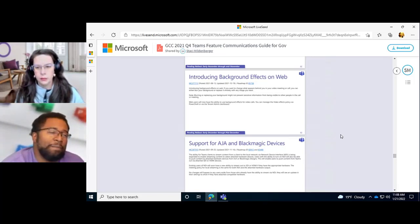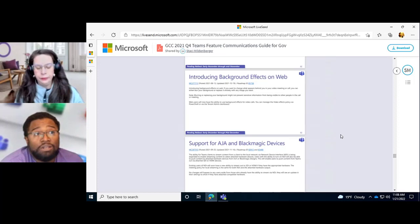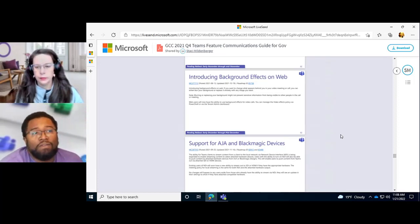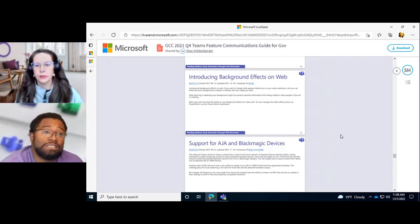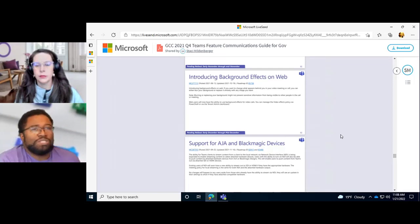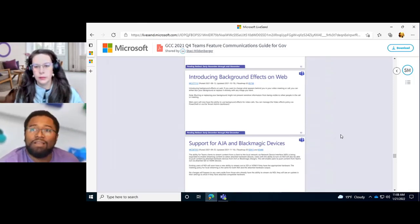So I see that a lot, and in the back of my mind I always wonder if people are joining through the browser because it's convenient, or it just opens there first, versus the desktop. Those of us that are in Teams all day long, the desktop makes sense, but maybe the browser makes sense. I don't know, folks out there, if you feel like you got a high percentage of browser users versus desktop, but at least